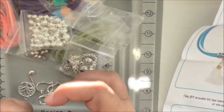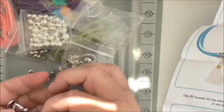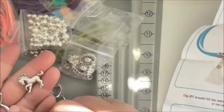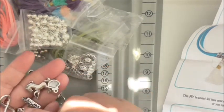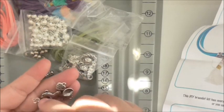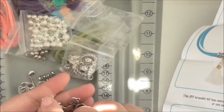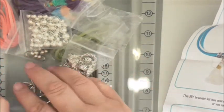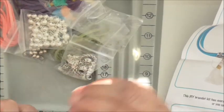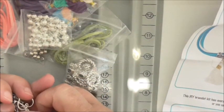You can roll up a message and pop it in there, make that into a necklace. There's a little horse, a shell, a made with love sign. I've got loads of those in my stash. There's a little key, and what's this one? A starfish. So those also come with it, and I think they're all in Tibetan silver, so they don't tarnish,